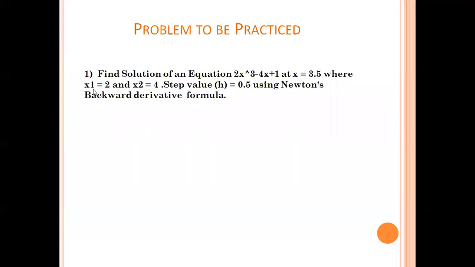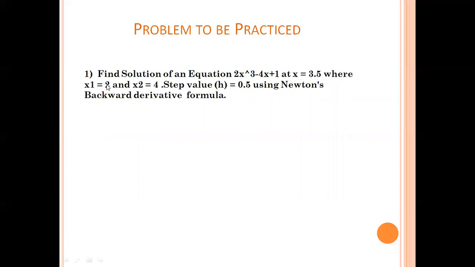Find the solution of the equation 2x cube minus 4x plus 1 at x is equal to 3.5, where x1 is equal to 2 and x2 is equal to 4, and the step value is h is equal to 0.5, using Newton's backward derivative formula. Usually they will give data and then we will proceed with the problem, but in this problem they have given a polynomial